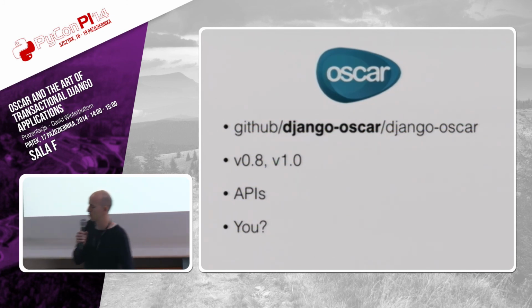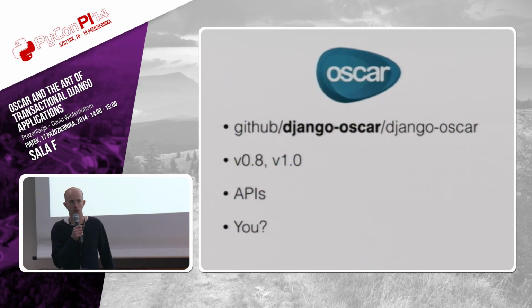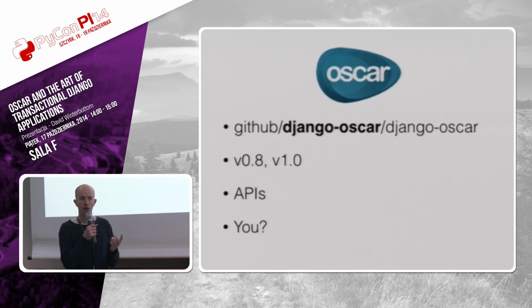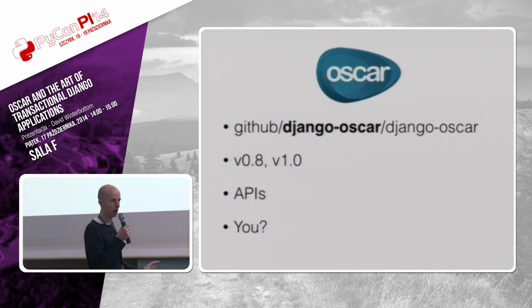And especially with this move to being on its own organization, we're looking for more people to come and work with us. We're certainly looking for people who want to do front-end design or just design itself, to work on Oscar's core templates. That's something we're really interested in. I think the Polish translation of Oscar is about 96% there. I think there's about 100 strings which are translated. We're always keen for anyone.